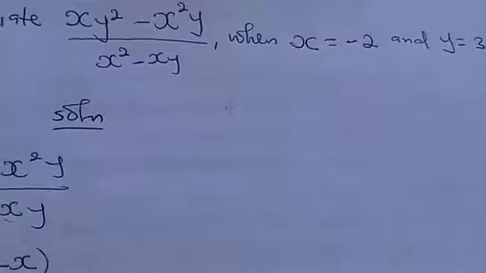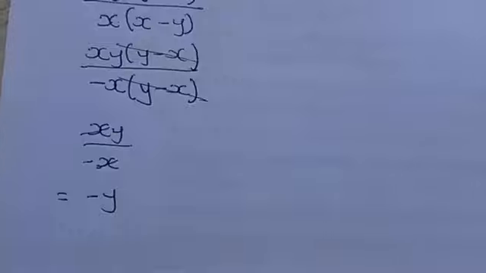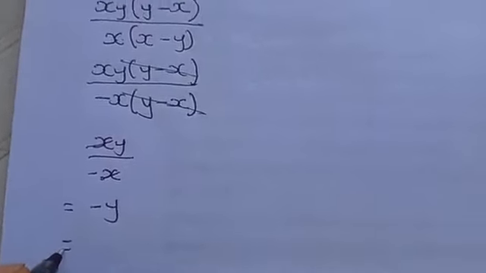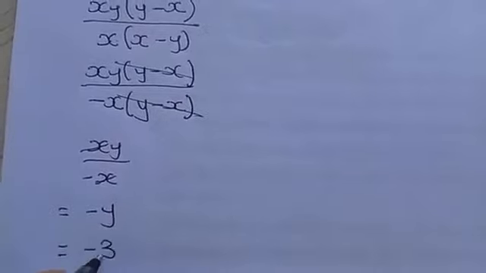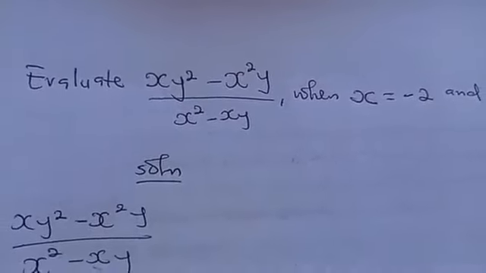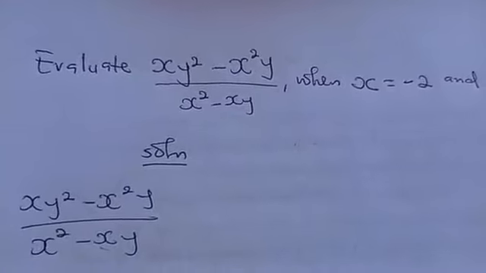And since from the equation you were given y equal to 3, and from your factorization you have minus y, simply the value for this algebraic expression will be minus 3. So this is one way you can evaluate this algebraic expression,